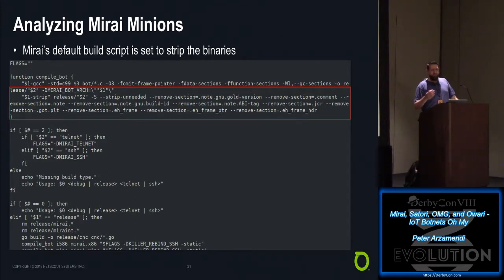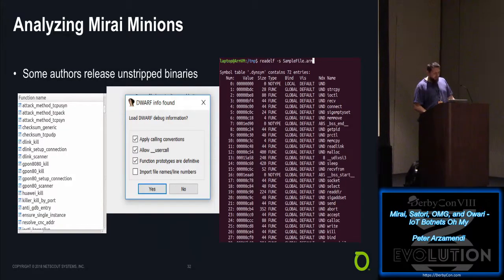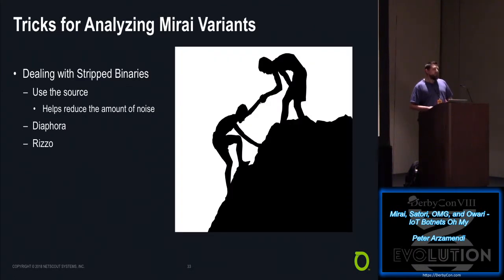So what you'll see is just the basic assembly, you'll see an SVC 0 in the ARM world, and then you'll see the variable that's being passed to it to tell you what the system call is. So you have to figure that out by yourself. But in some cases, the author gets lazy and just leaves full symbols there. So it's very easy to figure out which attacks are in use, what vulnerabilities it's going after, and whatnot. From a Blue Team's or analyst's perspective, this makes our life really easy. But what happens when you don't have that? You don't have these symbols, you get the stripped binary.